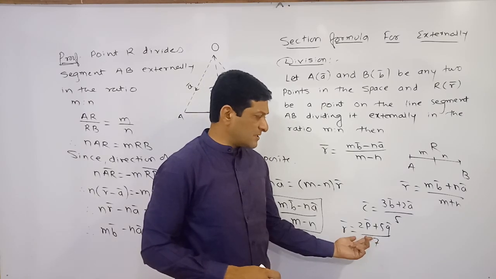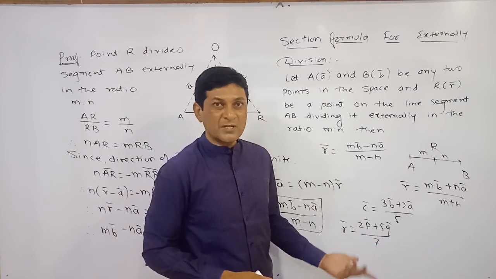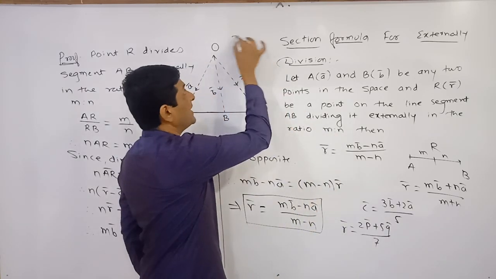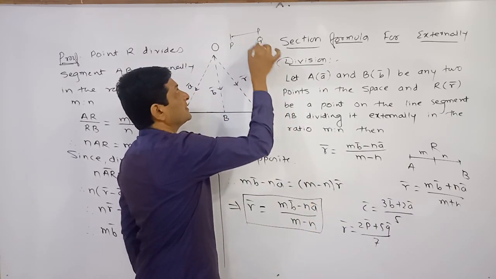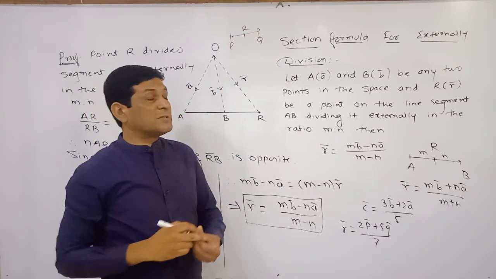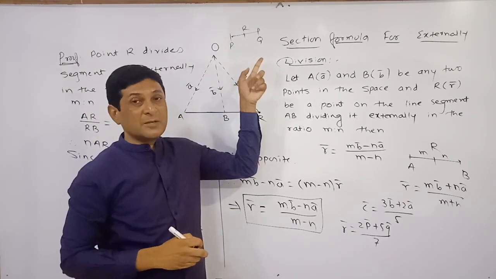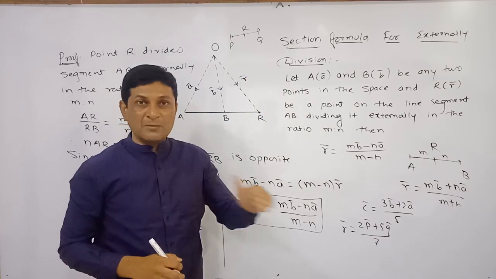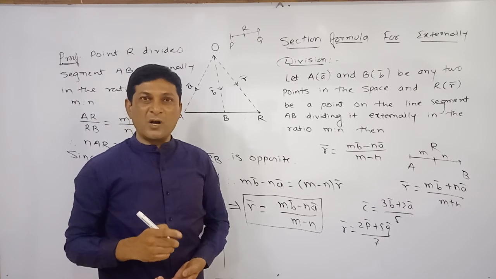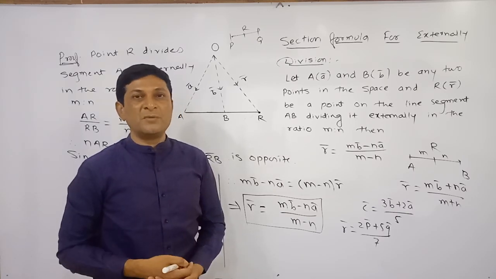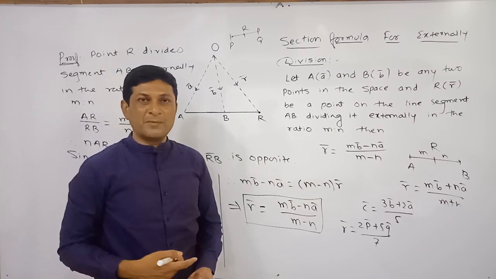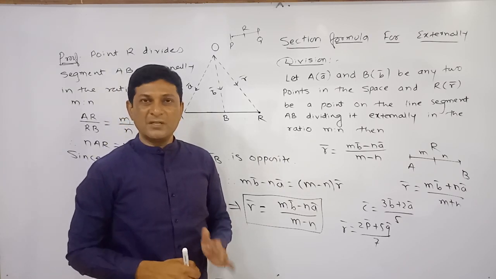And suppose this condition is satisfied, at that time what is our conclusion? Point R divides segment PQ. If point R divides segment PQ, then definitely point R lies on the segment PQ, and if point R lies on this segment PQ, it means 3 points are on the same line, and if 3 points are on the same line, at that time we can say that the points are collinear. Sometimes a question may be asked to show that points are collinear. How to solve such types of examples, that part we will discuss while solving the exercise.